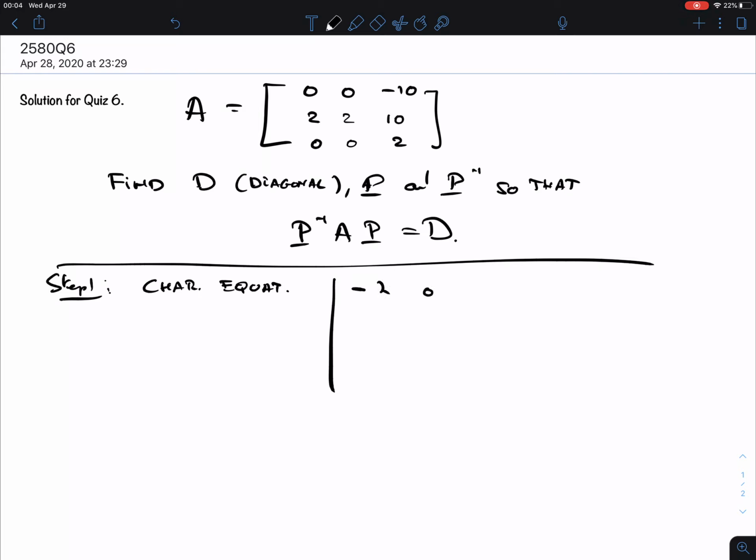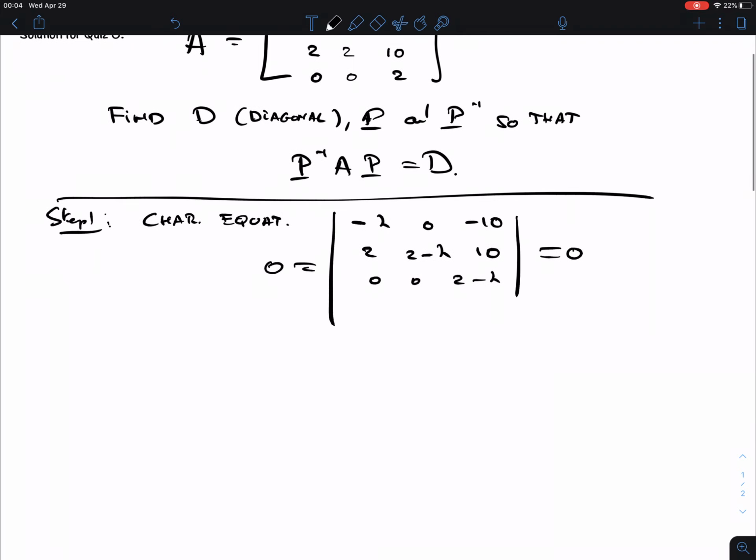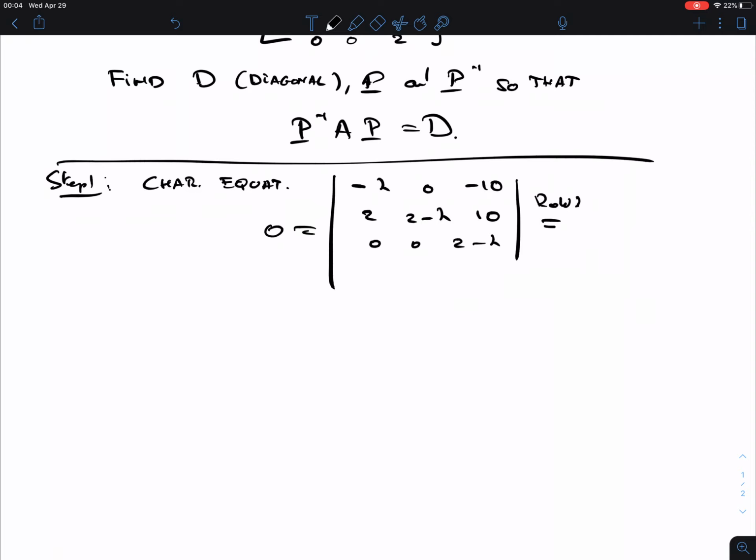So subtract lambda from the diagonal. And that's this, and then 10, 0, 0, 2 minus lambda. And this we put equal to 0. If you pay a bit of attention, you see that row 3 is a perfect row to expand along, because we have only one non-zero element, 2 minus lambda, and then what is left is a cofactor: minus lambda, 0, 2, 2 minus lambda. So we have 2 minus lambda times the product of the diagonal elements,